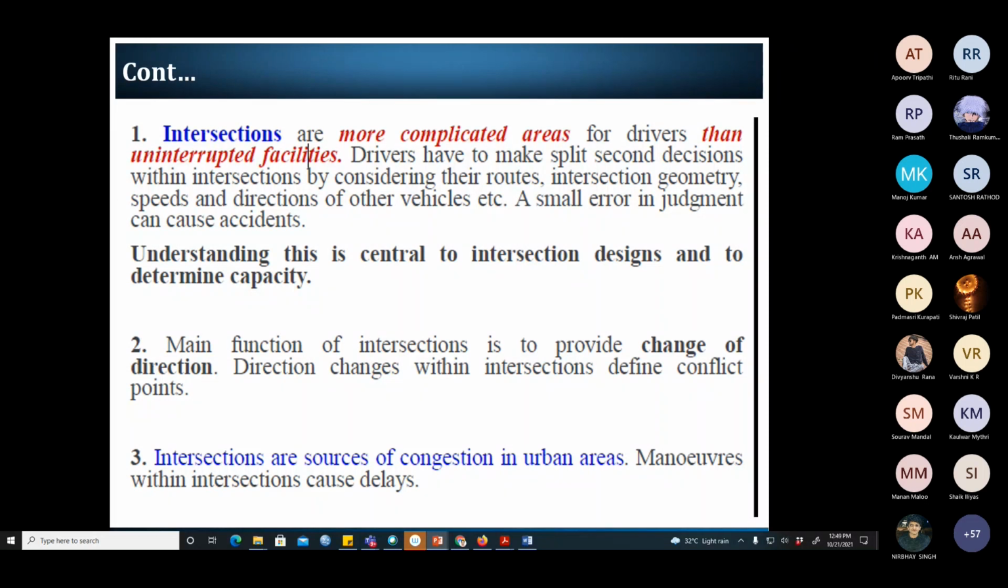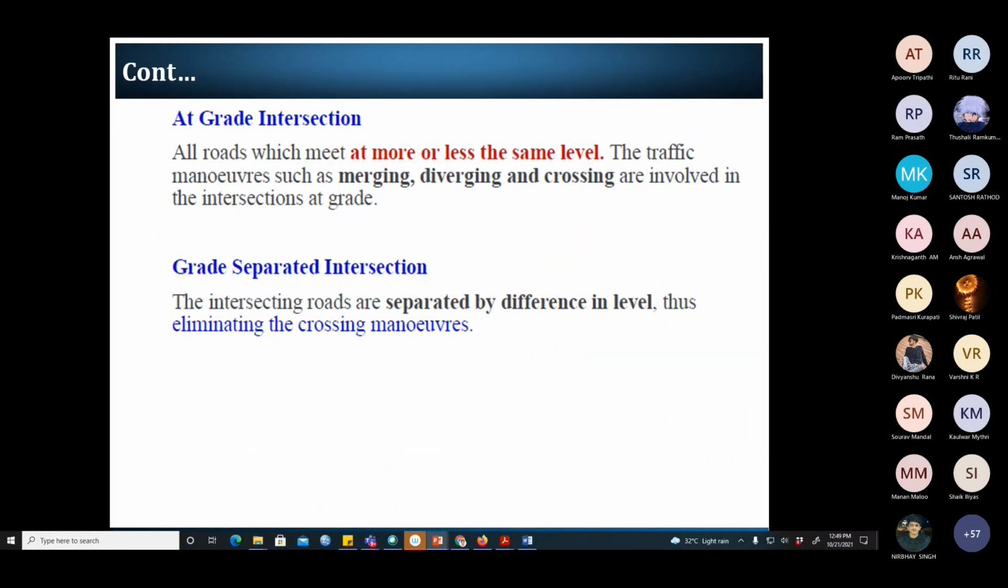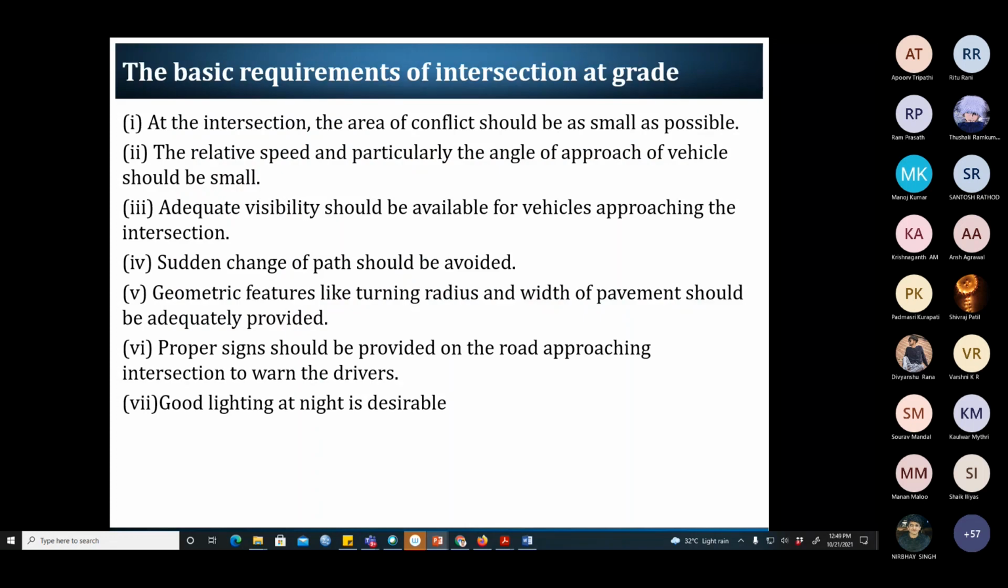So that is the hierarchy we provide from the active control to the passive control, in a tree hierarchical level. These are some of the goals we have to achieve at intersections, and these basic requirements need to be incorporated in whatever facilities you want to provide. In the intersection, the conflict area should be reduced. The relative speed and the angle of approaching vehicles should be small. The proper